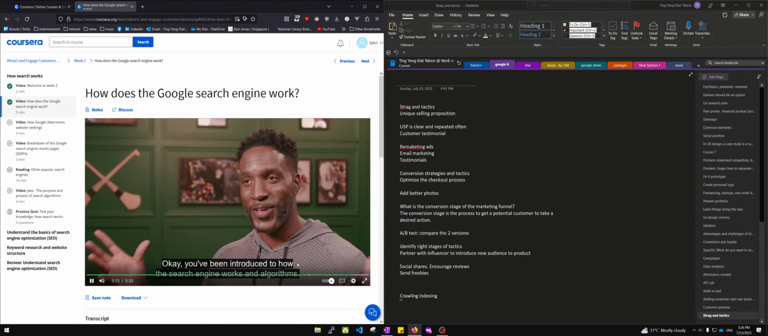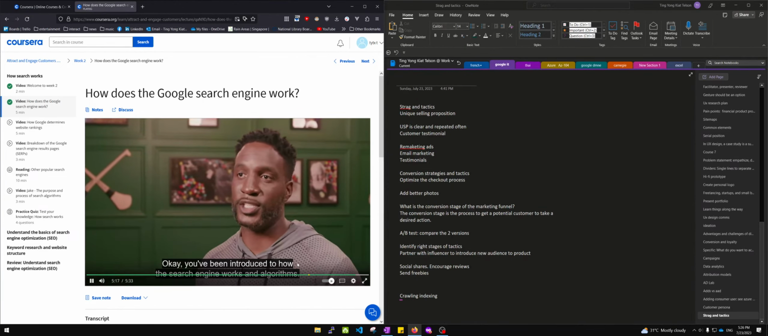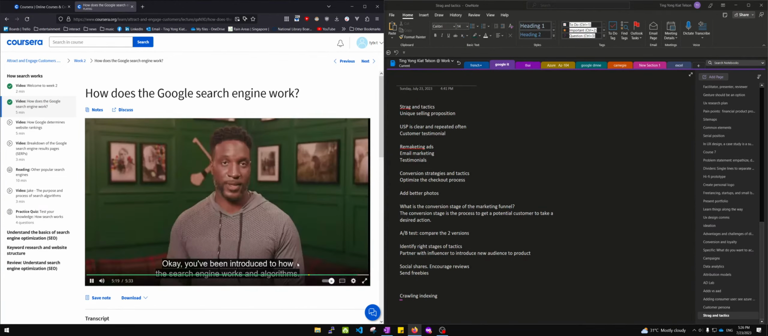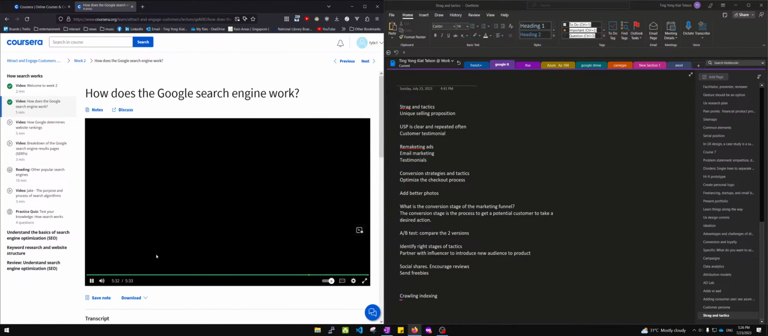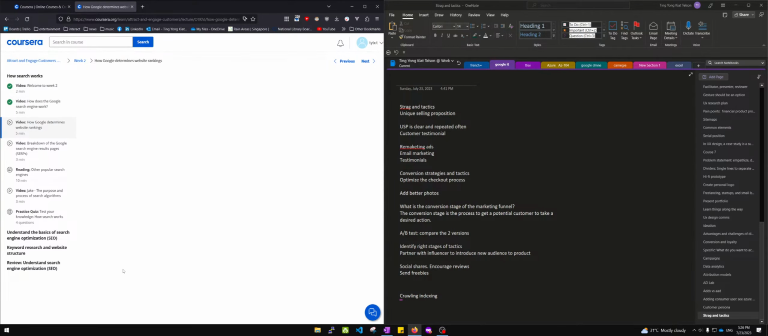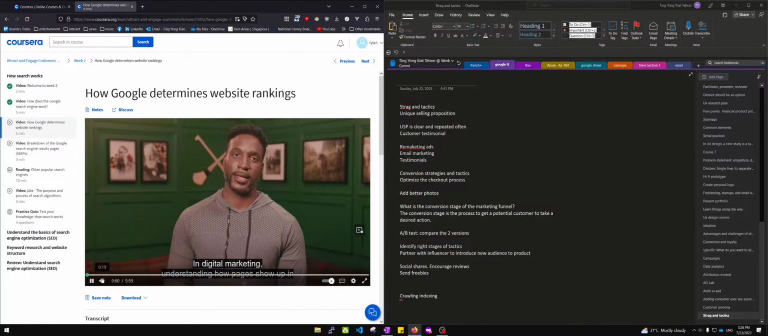Okay, you've been introduced to how the search engine works and algorithms. As a marketer, it's likely you'll be thinking about how your website, products, or posts can be delivered to more and more people. It's part of the job. In digital marketing,